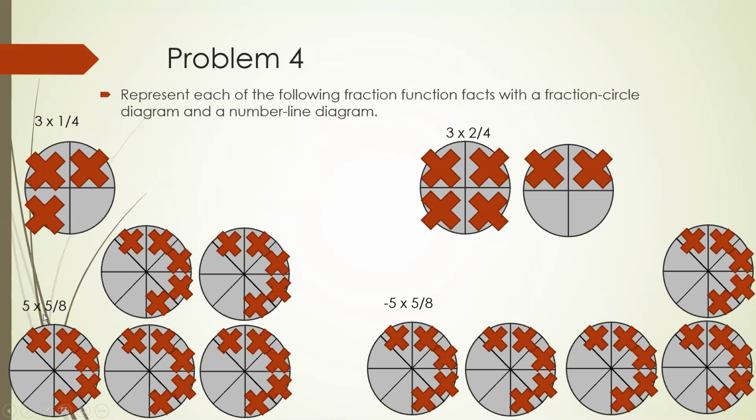So let's count how many are shaded total. We've got 1, 2, 3, 4, 5, 6, 7, 8, 9, 10, 11, 12, 13, 14, 15, 16, 17, 18, 19, 20, 21, 22, 23, 24, 25. So that's 25/8. The next problem is the exact same, but because we know our multiplication rules and we know